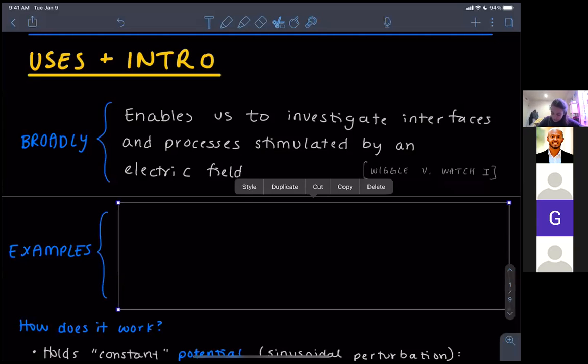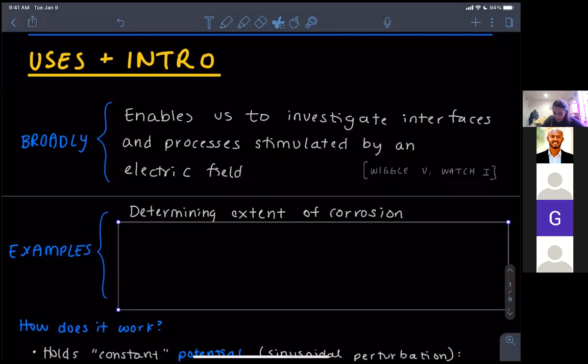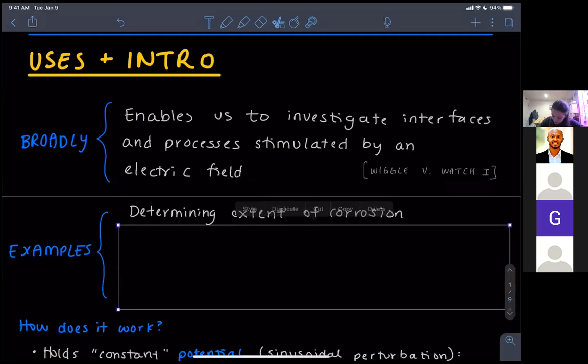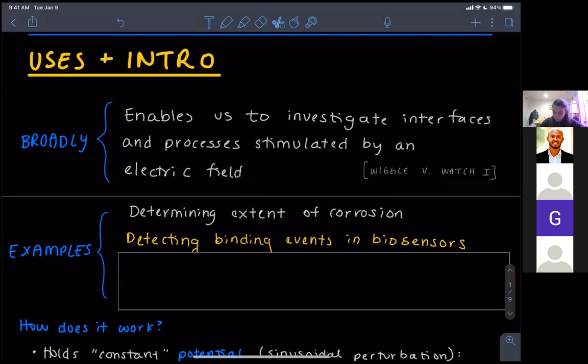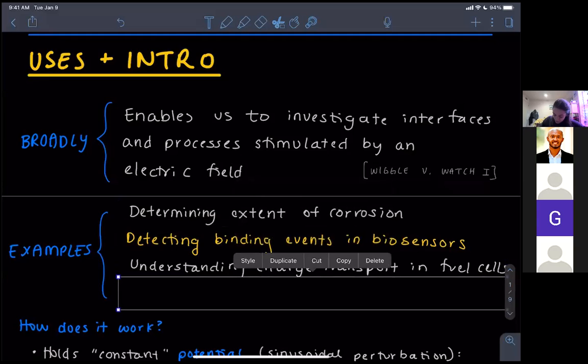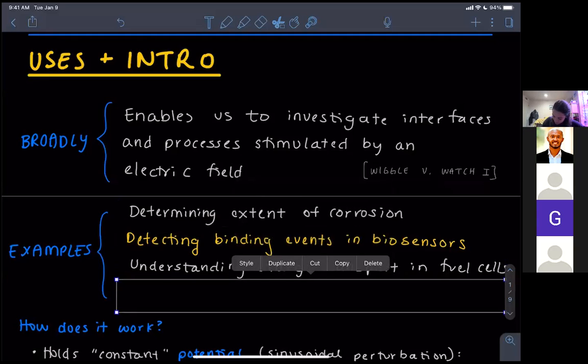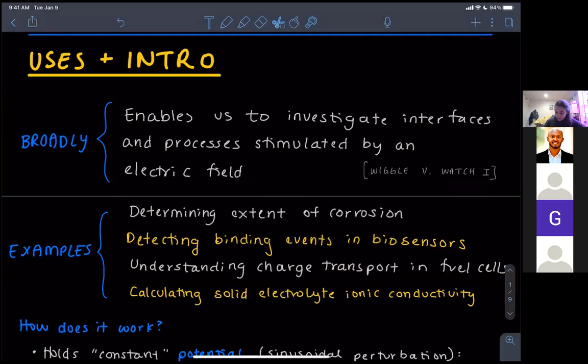Before that, I'm going to tell you about some examples. So you can determine the extent of corrosion on stainless steels over time using EIS. You can detect binding events on biosensors. Don't know exactly how those work, but I've been told that is something you can do with EIS. You can understand charge transport in fuel cells. And then finally, you can calculate solid electrolyte ionic conductivity in solid state batteries. And these are just very small examples. People in our group use it for all different